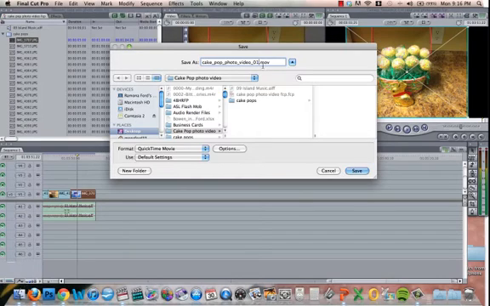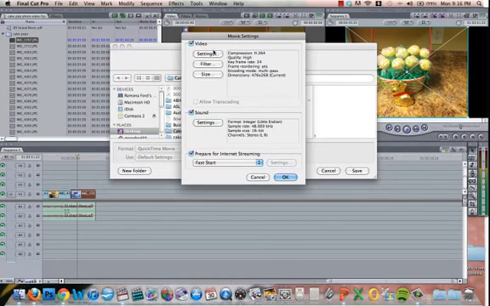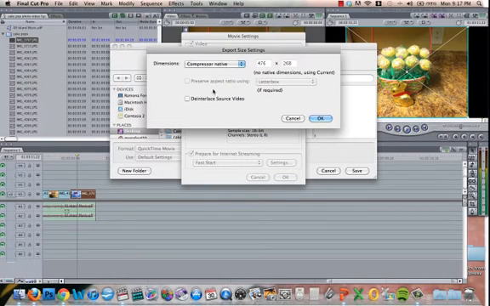So this is where we're going to tell it how big a file we want. And if it's going to be on YouTube, we want a smaller file. So we want to go to Options and right now it's at the right compression rate, H.264 is YouTube. The keyframe, we don't have to worry about the keyframe rate, we don't have any keyframes. The size, if you want a bigger size,